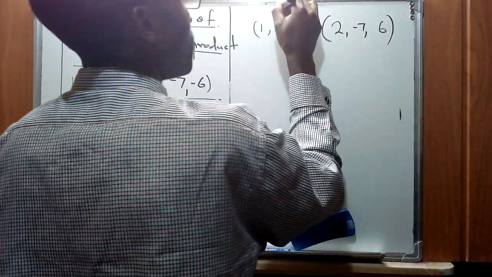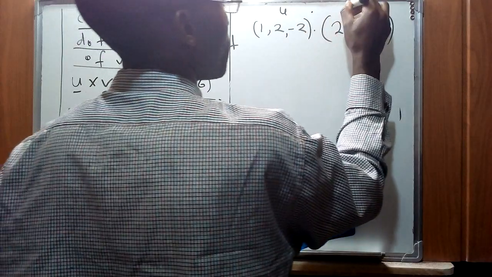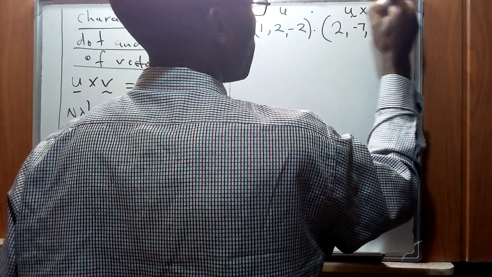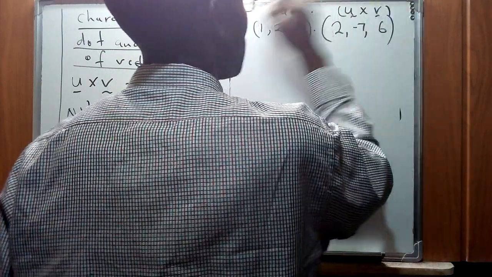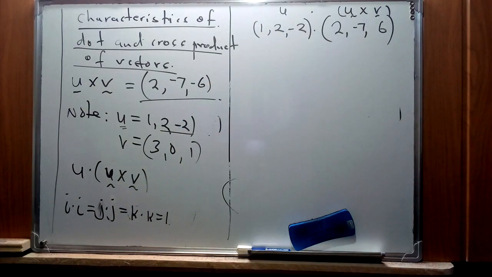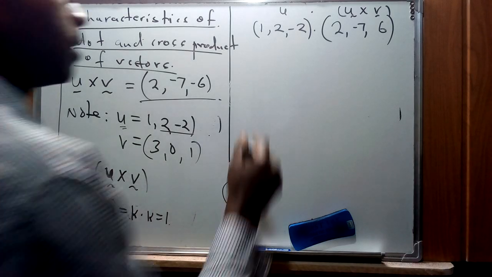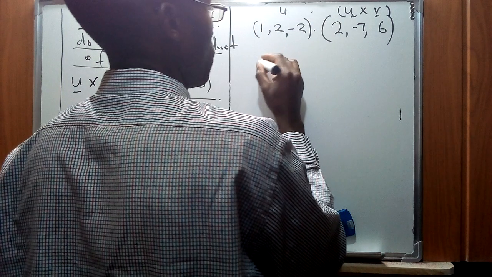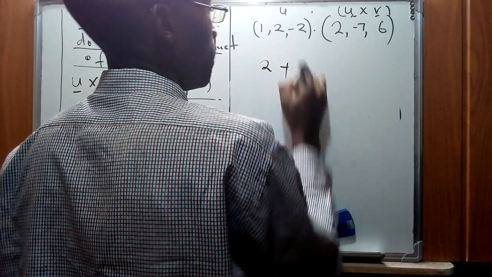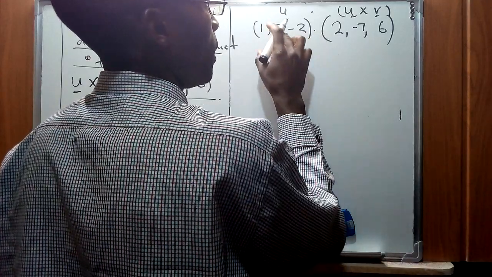So bear in mind that this is u dot u cross v. We are trying to find the product for that, and this is when we multiply the respective components. So we'll find the sum of the products of the respective components. This is 2 times 2, plus, so the sum of that,